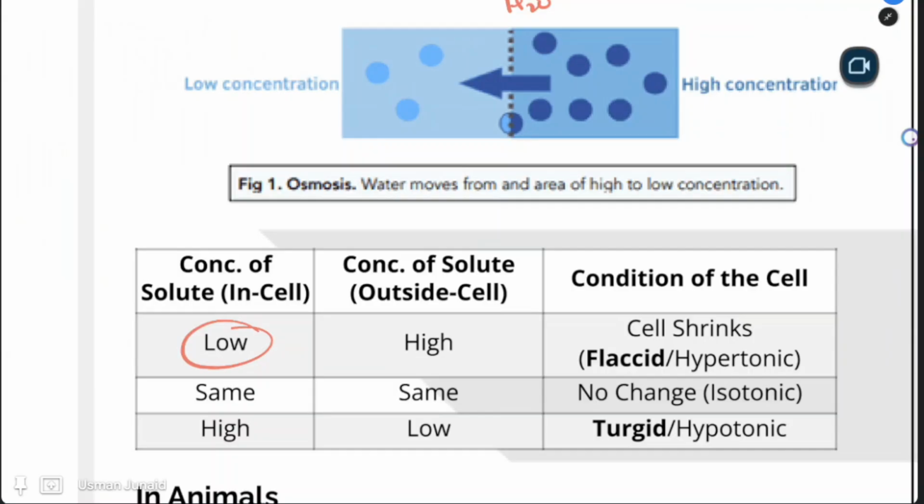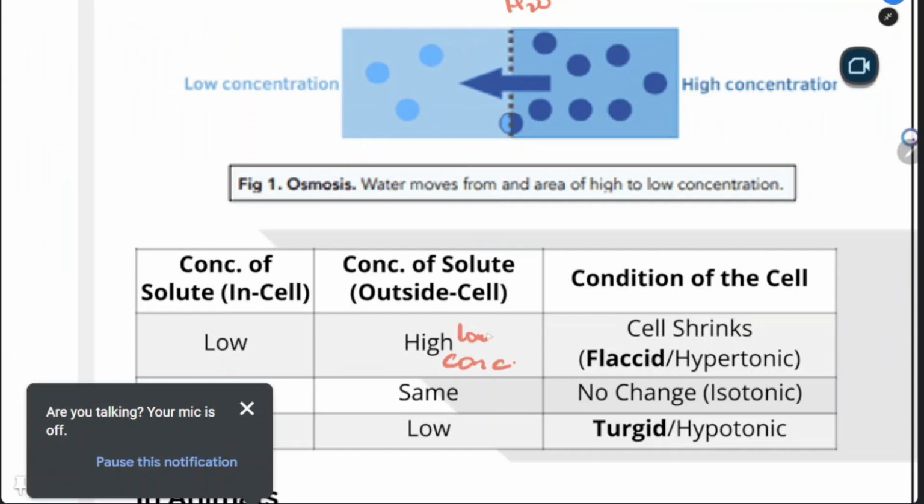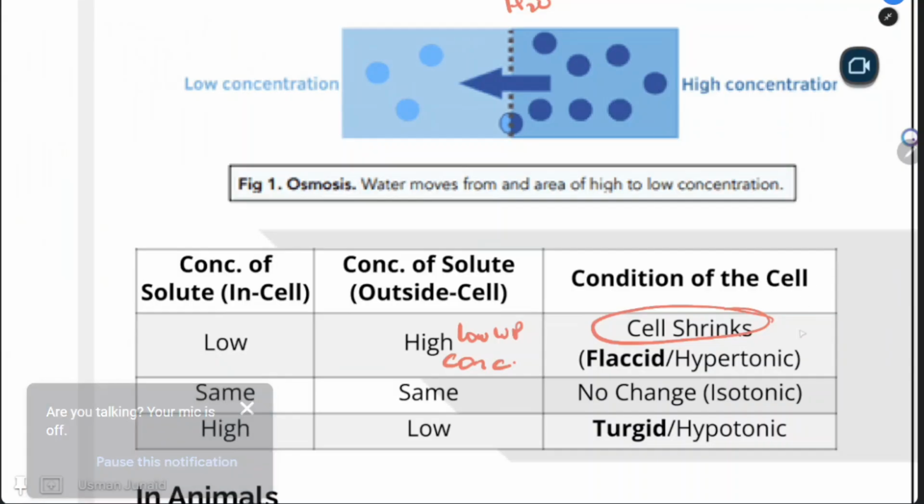If you put it in a solution which has low water potential, which is basically a concentrated solution, so low water potential, high concentration, the cell will shrink. Why? Because water will leave the cell. So it becomes flaccid,